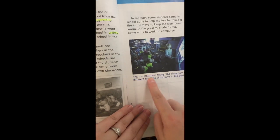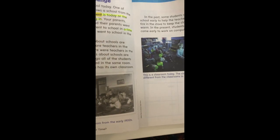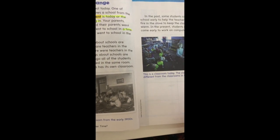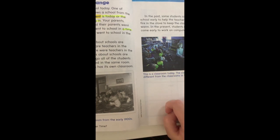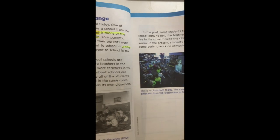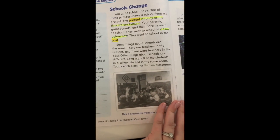So this is a classroom today. The classroom looks different from the picture of the past. They have technology, they dress different, there's more things around the room. So go back and